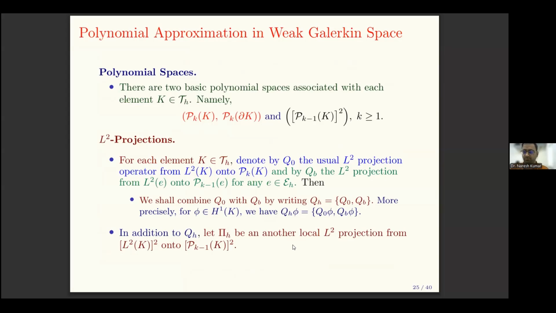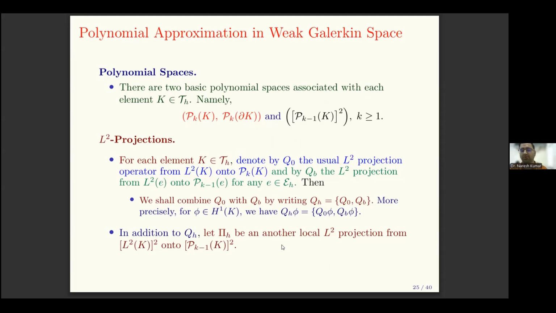And now, for convenience, for this convergence analysis part, I am taking these spaces P_k, P_k, and P_{k-1}. So now I hope you can easily understand these three notations. One is for the interior, one is for the boundary, and one is the polynomial space for the gradient operator. And